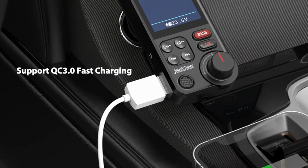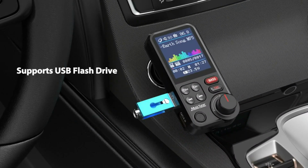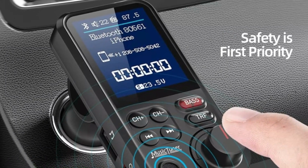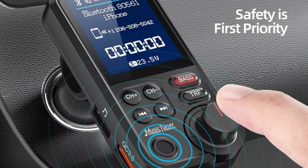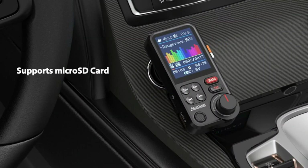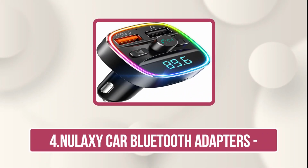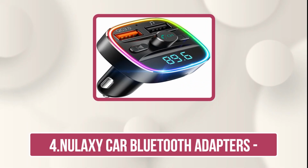The QC 3.0 fast charging port is a strong bonus, providing significantly faster charging for smartphones on the go. With stable performance, versatile features, and user-friendly design, the KM30 is a practical all-in-one solution for everyday driving needs. And our last choice is Nulaxy Car Bluetooth Adapters. The Nulaxy NX10 Bluetooth FM